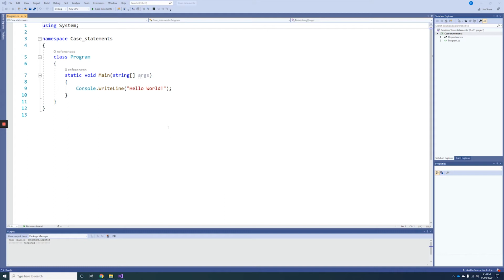In this tutorial, we'll be looking at how to use case statements in C#. So first off, just start off with a standard project. Remove the hello world text. First thing we're going to do is create a